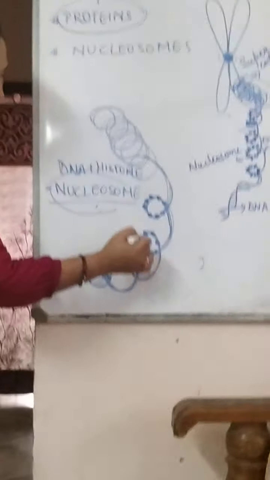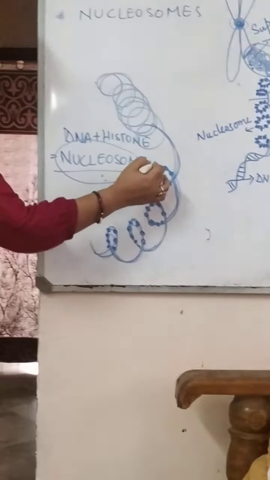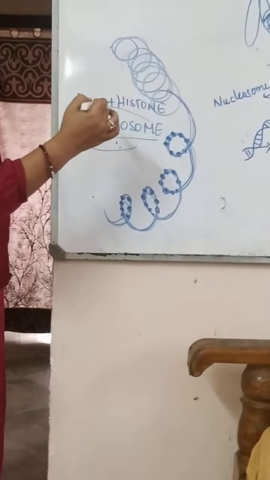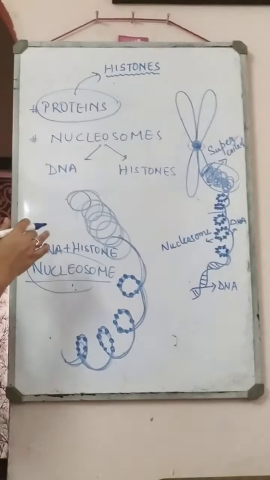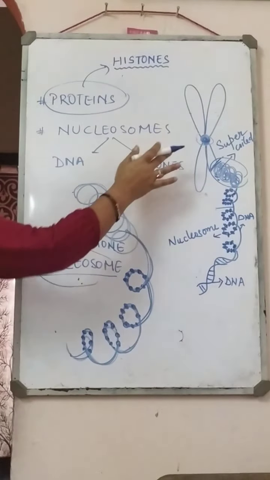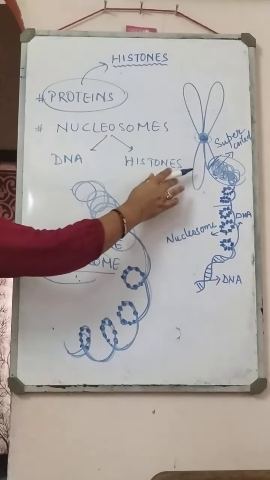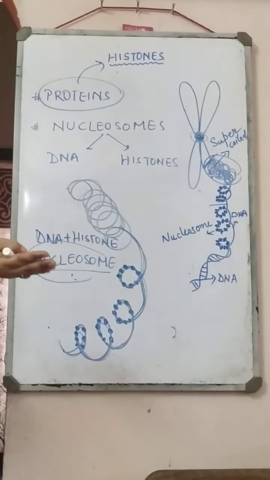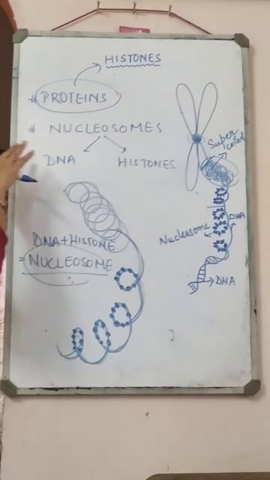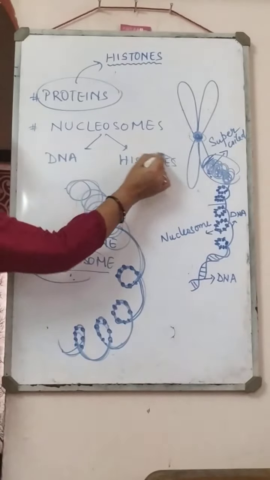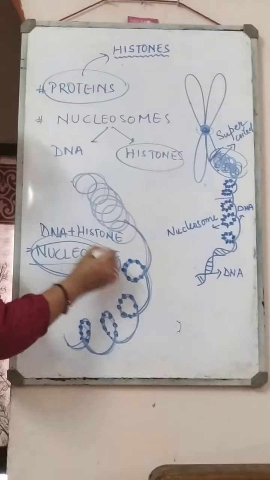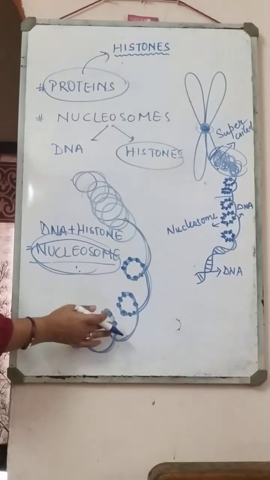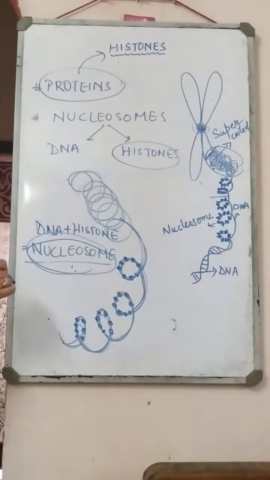This whole is DNA, but at some junctions there is a DNA loop and the histones are attached. So the nucleosome is made up of two things: DNA loop plus histones. I think you can understand now what the chromosome is made up of. The chromosome is made up of two things, DNA and histone. DNA we have already discussed. To the DNA, 8 proteins are attached at particular junctions, which makes structural units called nucleosomes, and these nucleosomes are present at regular intervals.